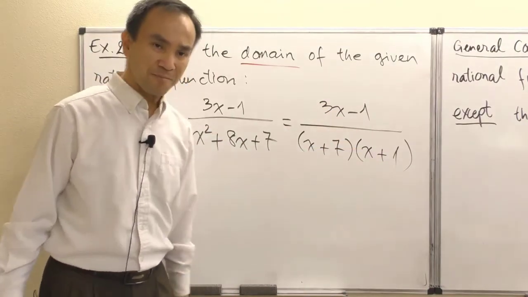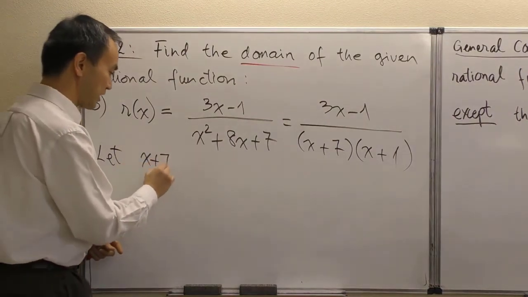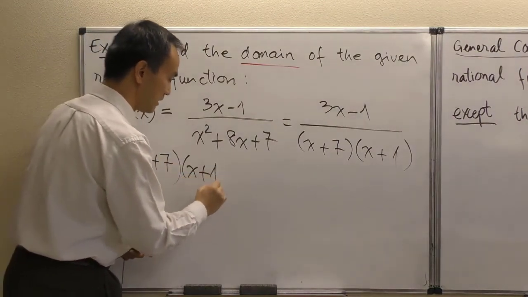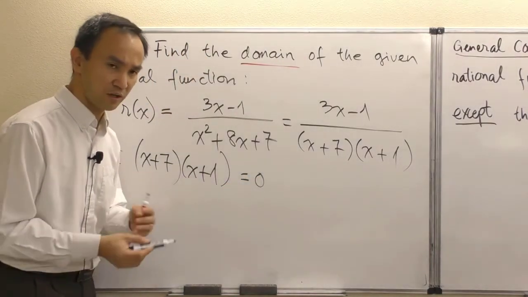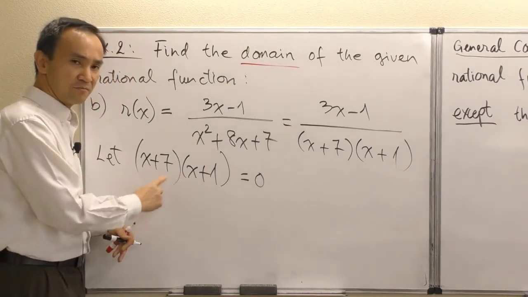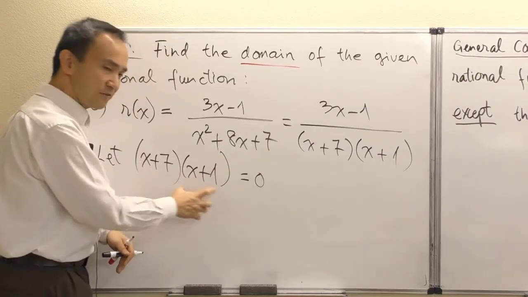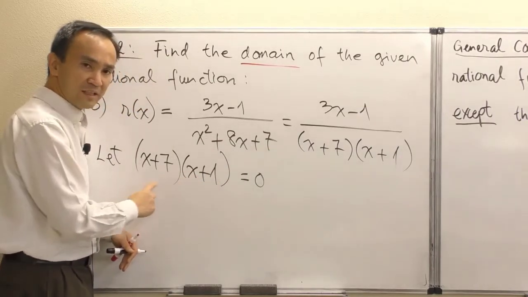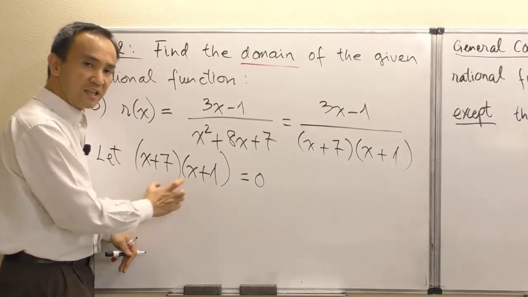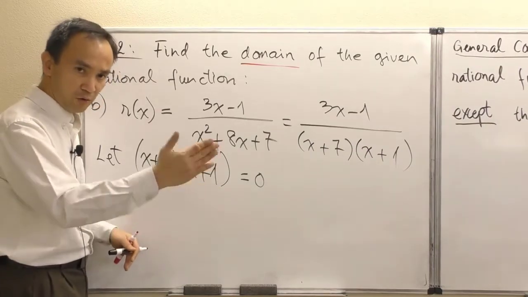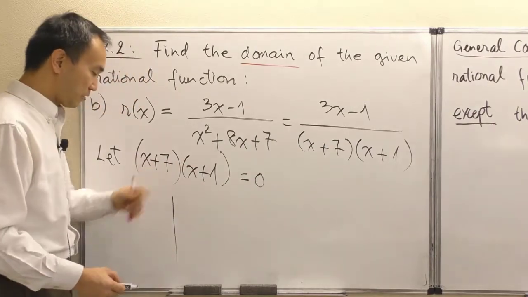All right, so now it is clear that we need to let x plus 7 times x plus 1, our denominator, equal 0, because we want to find all the zeros first, and then we're going to exclude them. And we've learned from our lecture about polynomials that as soon as we can put our polynomial in factor form successfully, where we have found some distinct linear factors, then each of those distinct linear factors will be responsible for one zero, or one horizontal intercept, of our polynomial here. So that means I'm going to have